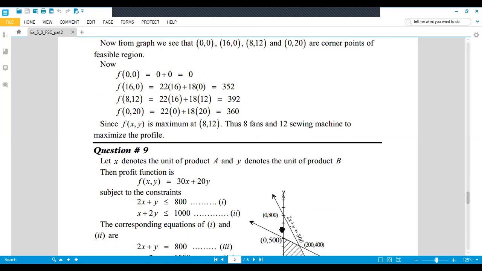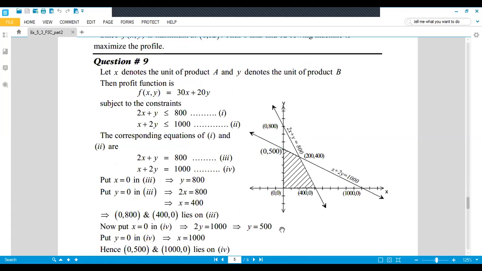Now come to the last question of this chapter, question number 9. This is the last question of chapter number 5. So today, inshallah, we will complete chapter number 5. And after that, when we again start our video lectures, we will start from chapter number 2. So chapters number 1 and 5, inshallah, you can easily prepare in the summer vacation and practice it. Now come to question number 9.